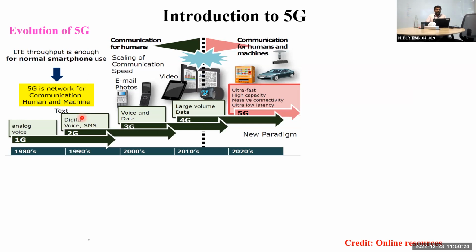Then in 4G, the main motive was to enhance the data throughput and also to integrate some of the networks, for example, your Wi-Fi networks. You might have witnessed that whenever you are connected to Wi-Fi and you make a call, if that network supports Wi-Fi calling, it will automatically be routed through Wi-Fi calling. That way they are offloading some of the network traffic with the help of other technology. And in 4G,